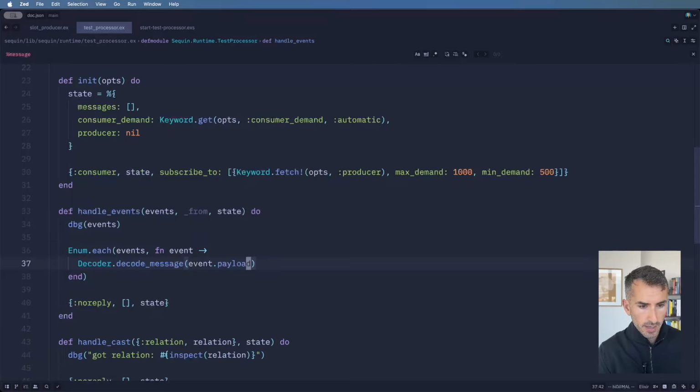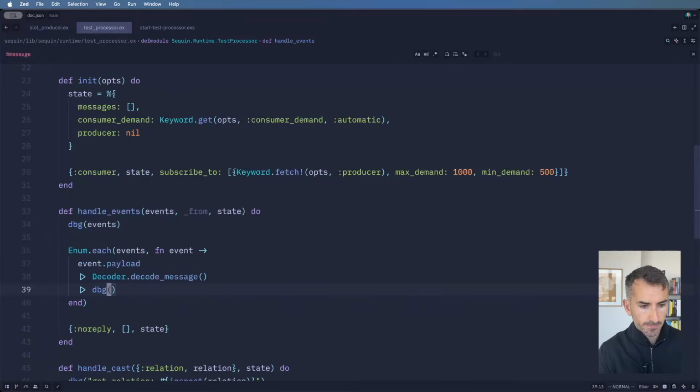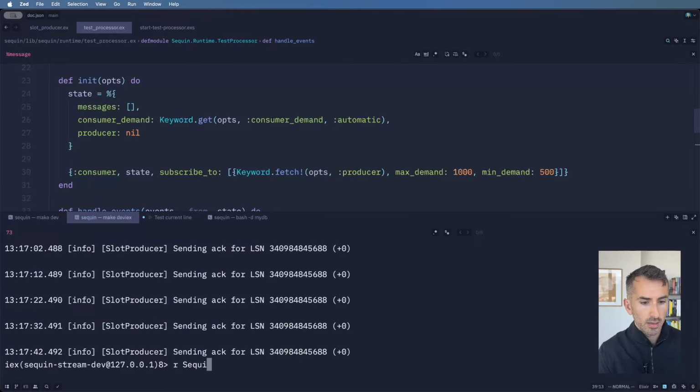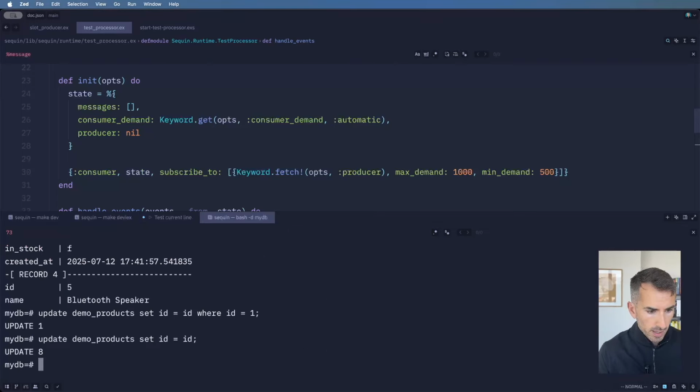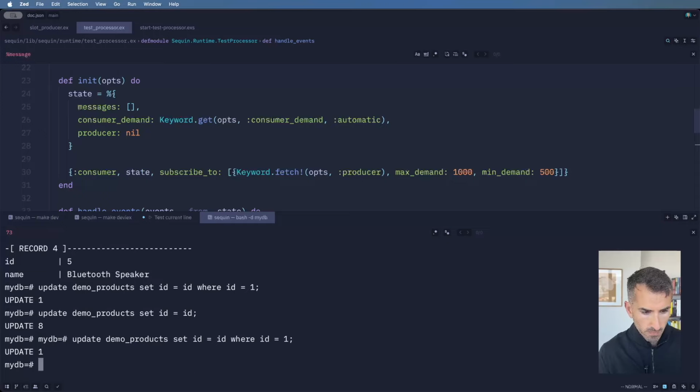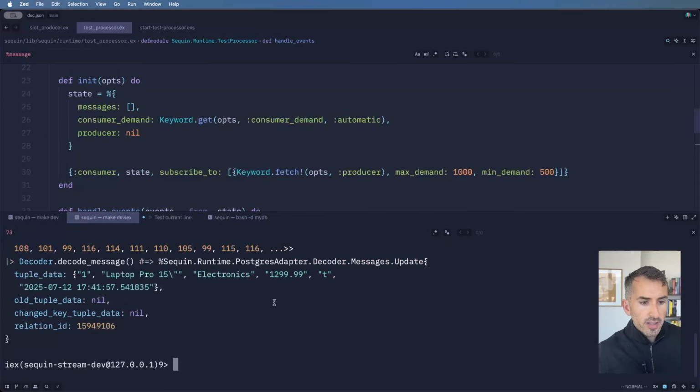So let's go ahead and dbg that. Okay, and now we should be able to just hot code reload that, clear that out, and do an update on just one of them. And you can see